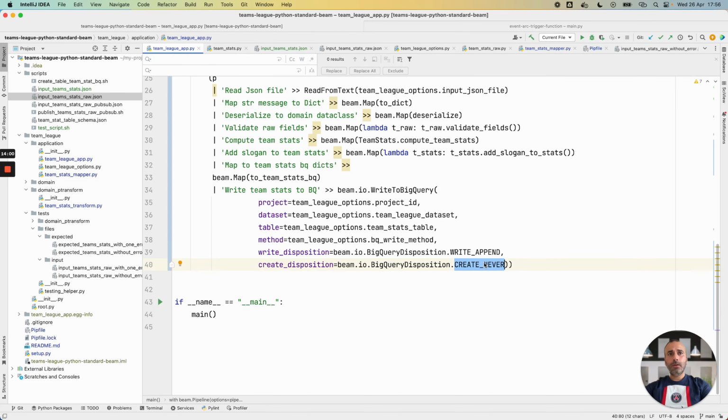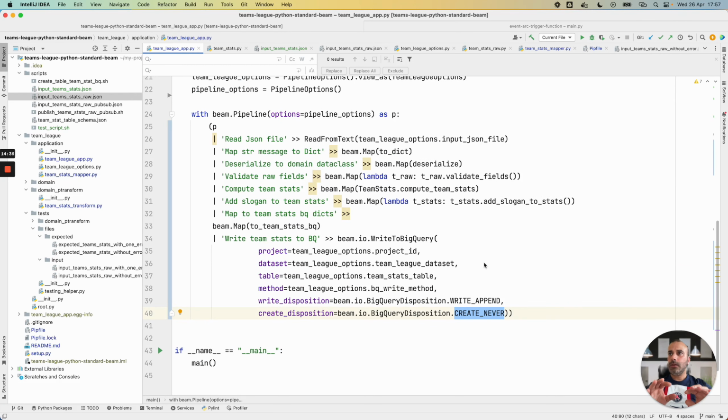Also, this option is very important because I don't allow Beam to create the BigQuery table because I think the best practice, the concern of Apache Beam is only the data processing on the data pipeline, and the responsibility to manage the infrastructure is done outside of Beam and Dataflow in a tool like Terraform with infrastructure as code.